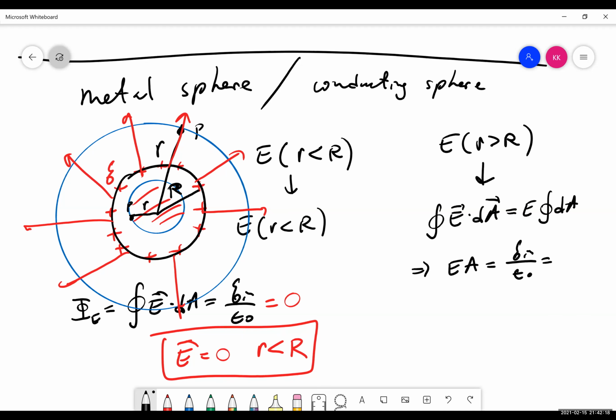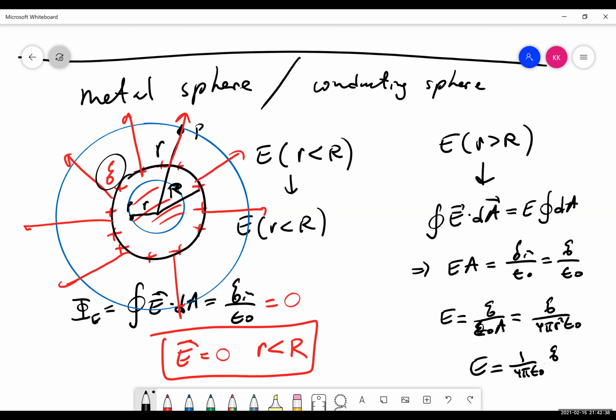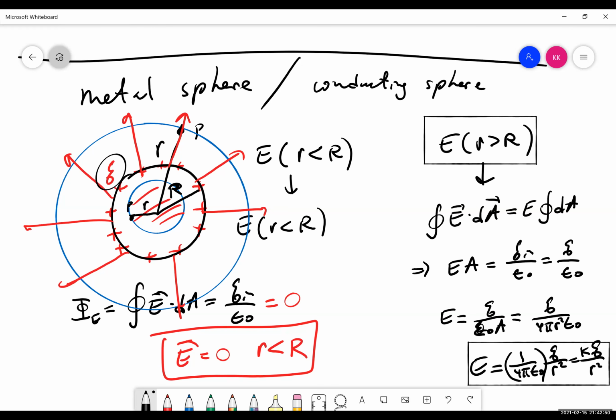What is the Q enclosed? Well, the total charge Q over epsilon naught. Then what is the electric field? It's Q over epsilon naught times the area. What is the area of the sphere? It's 4 pi r squared. So if I rearrange, it becomes 1 over 4 pi epsilon naught times Q over r squared. If you remember, 1 over 4 pi epsilon naught is just k. So kQ over r squared. That means at some distance r larger than the radius, it acts like a point charge, kQ over r squared. All right, so this is for the